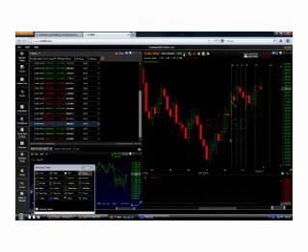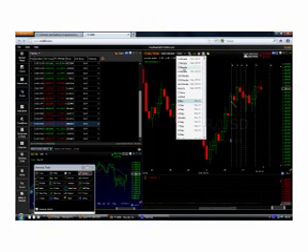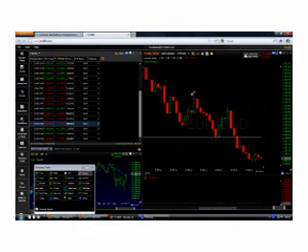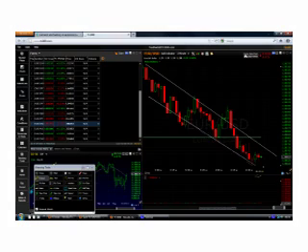We drop down to the lower time frame, my favorite 3-minute chart. What's happening here? If we draw a trend line on this chart, we can see that the price is heading to the downside right now in a declining channel on my 3-minute chart. Why? Because the Euro USD is in a resistance zone, as I showed you on the monthly chart. The higher time frame commands the lower time frame.